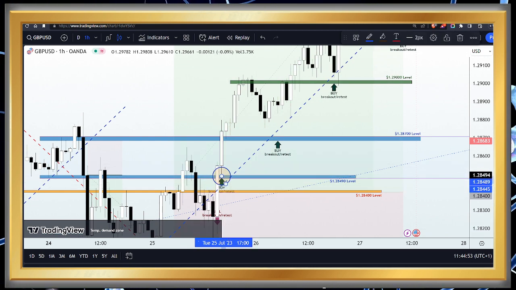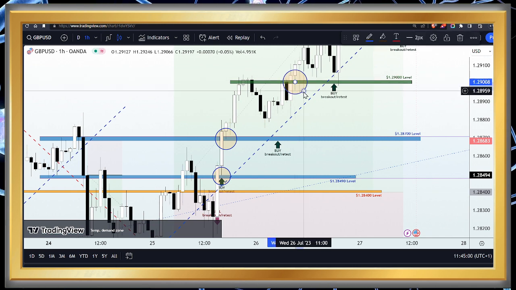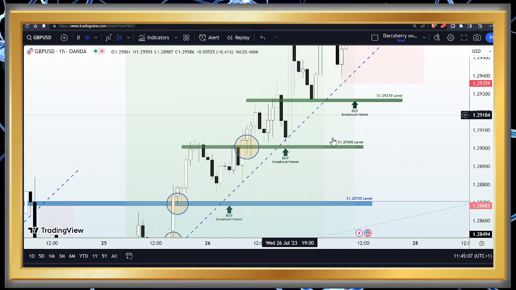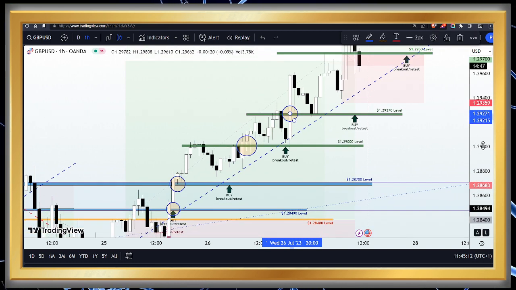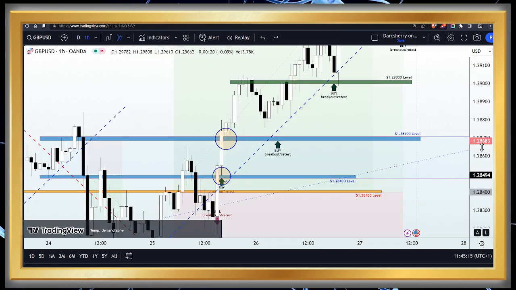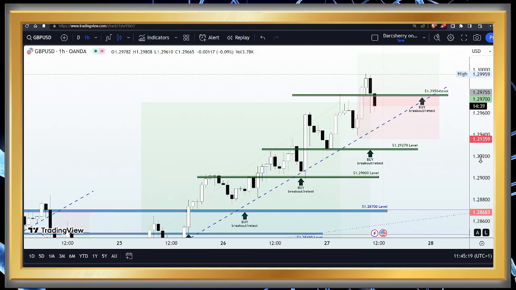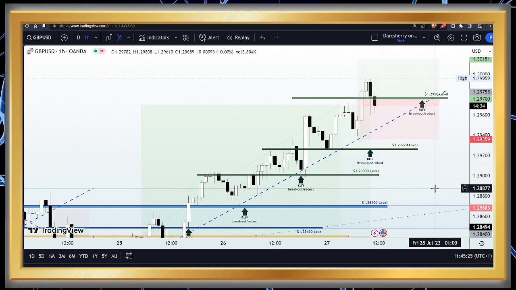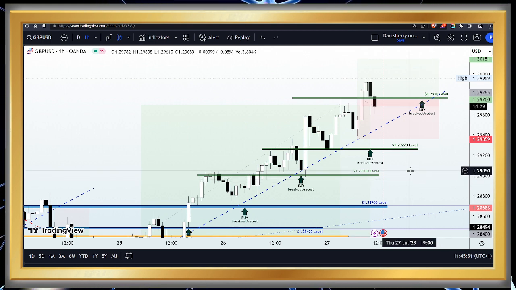We had one at the 1.28490, we had one at the 1.287, and of course we added another one at the 1.290 level during yesterday's trading session, and of course we also added more at the 1.29270 level. So it was quite a profitable trade for everyone in this community here. And for those who still have a buy position, some of us will still have a position running. Well, I'm of the opinion that you indeed want to be moving all stop losses to secure this current buy position if you are still in one.